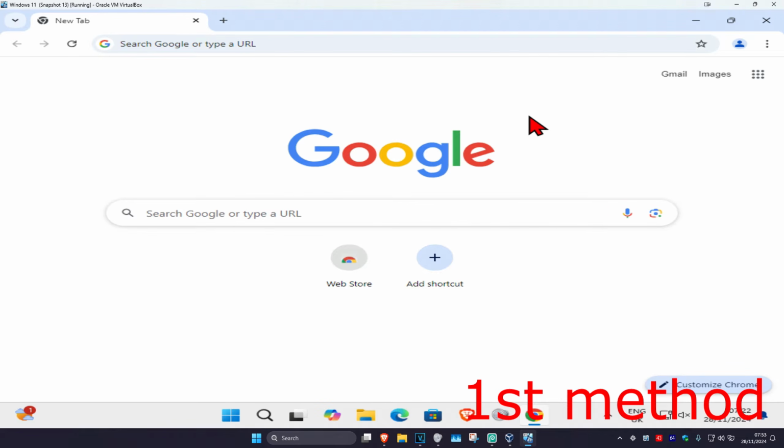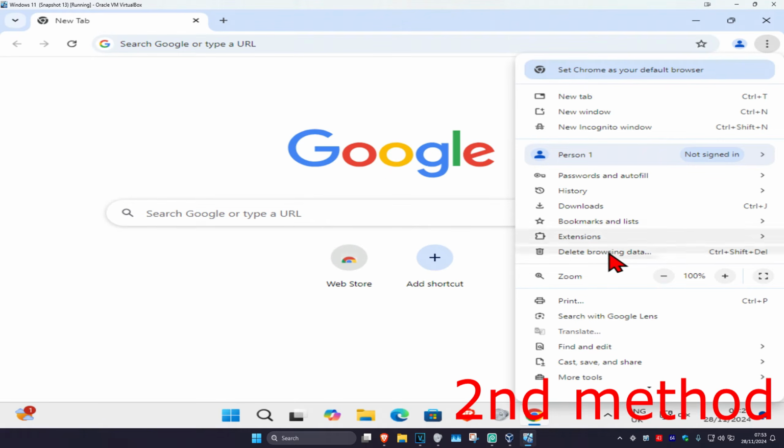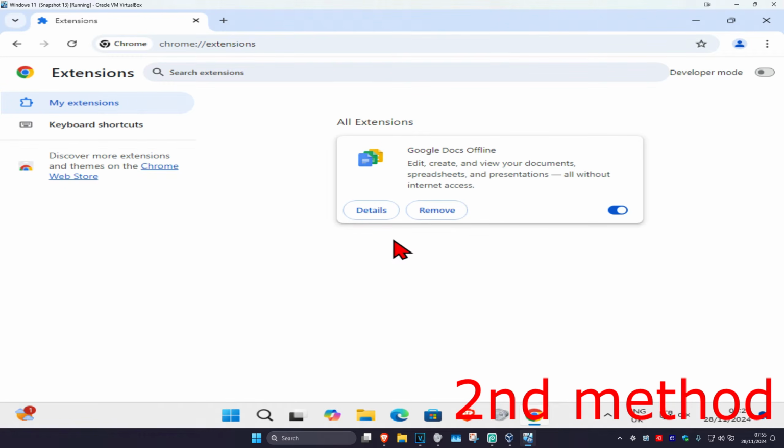So guys, for the first method, if you're using a VPN, you just want to turn that off. Now for the second method, you want to click on the three dots in the top right, and then click on extensions, and then click on manage extensions. If you have any extensions here that you think may be causing a problem, you either want to disable it